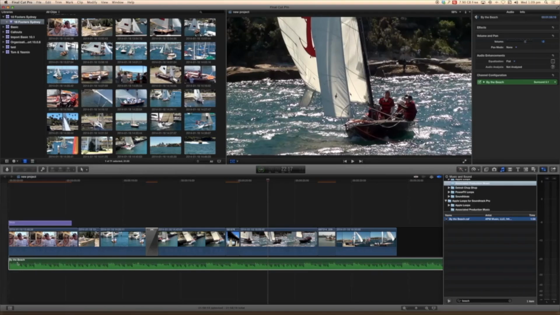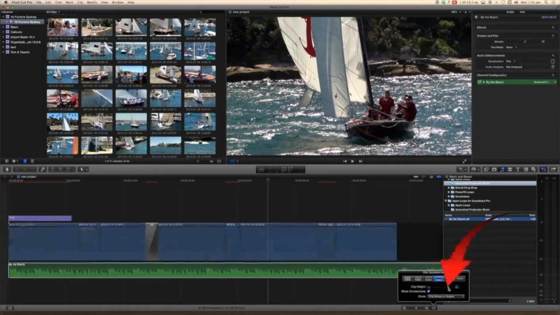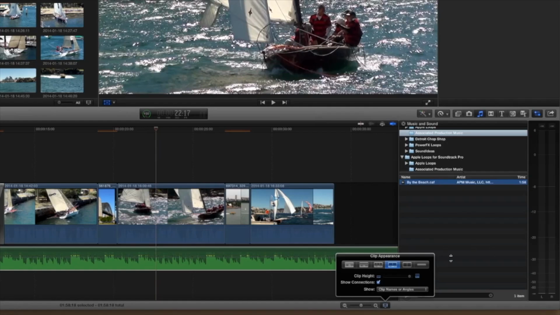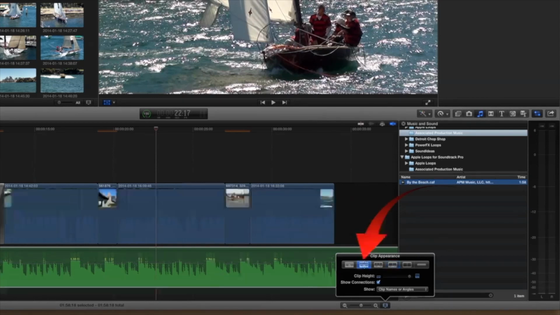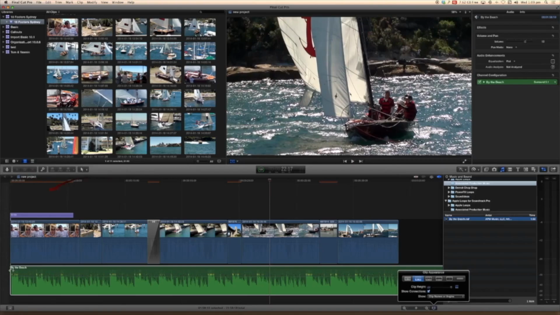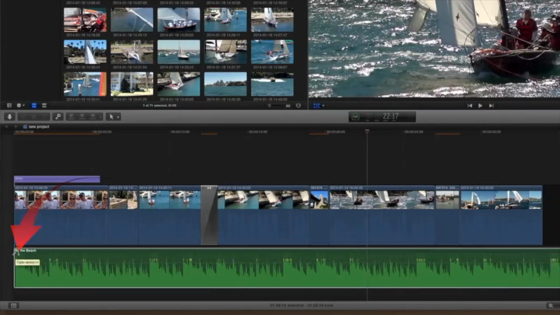So that we can see this in a little more detail, we're going to click on this icon here and increase the size or the height of the clip so that we can see more of it. We could in fact select this selection here, or could see much more. And then if we move over on the left hand side here,